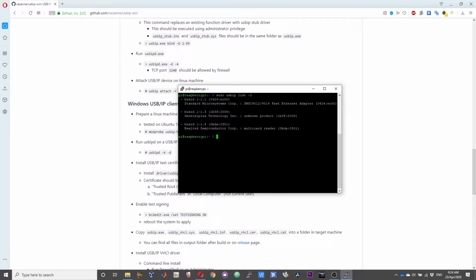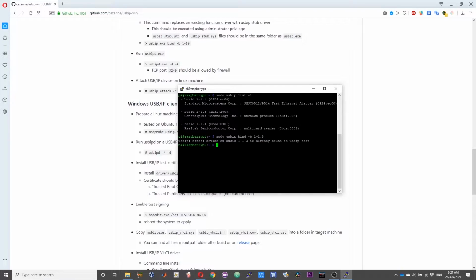Now we need to bind the devices which we want to use on our Windows side. The command will be sudo usbip bind -b and the bus ID. In my case it is 1-1.3.